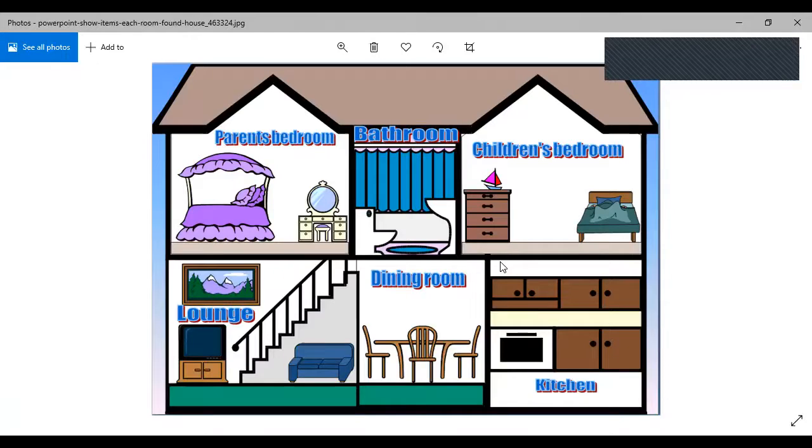So I'm again sharing the screen with you, and here is a picture of a house. Look at this, okay? If we talk about the entrance, it might be somewhere here in the lounge, right? As we enter, the area is known as the lounge. It is usually the sitting area. Sofas are placed there. The TV is also over there. There can be a small library type thing as well. The family people sit together over there. They have the evening teas. They can read books over there, and they can watch something on television as well, right?